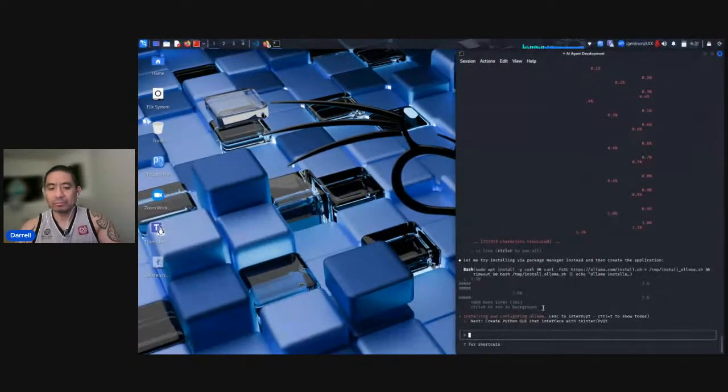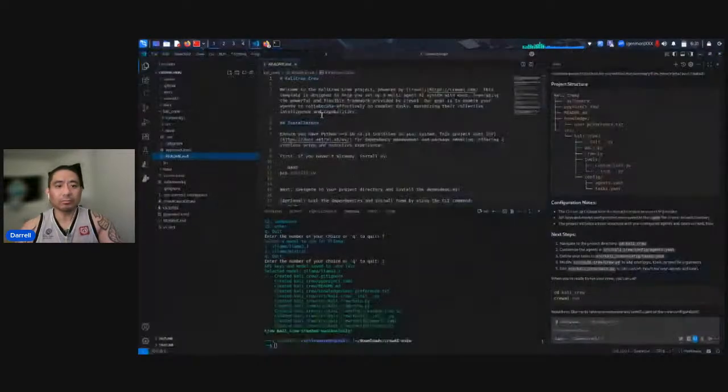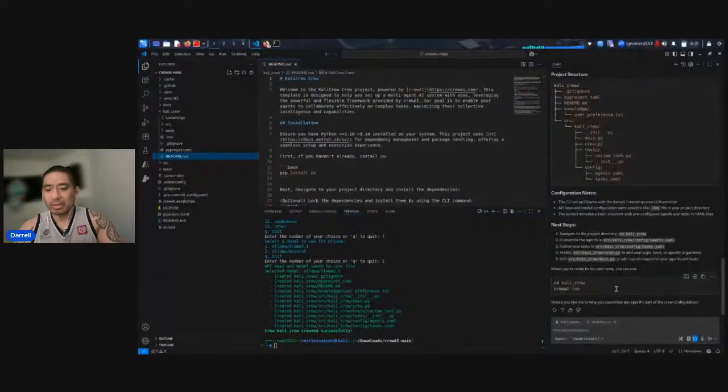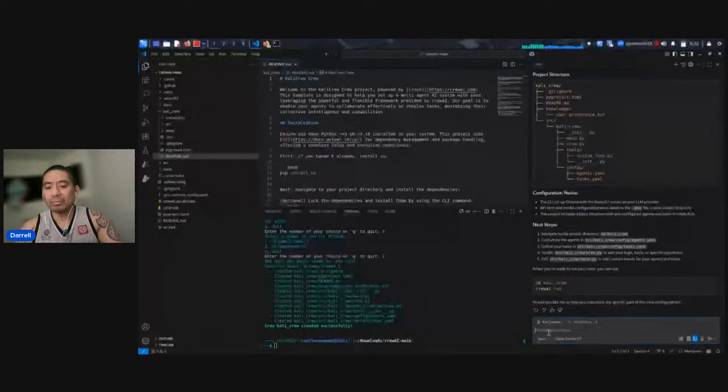So let that do its thing, and then we can go back into VS Code, and we can expand more with Kali Crew. So right now, GitHub Copilot is asking me if it would like to customize any specific part of the crew configuration. Let's do having this Kali Crew be able to help assist me in learning Kali Linux.